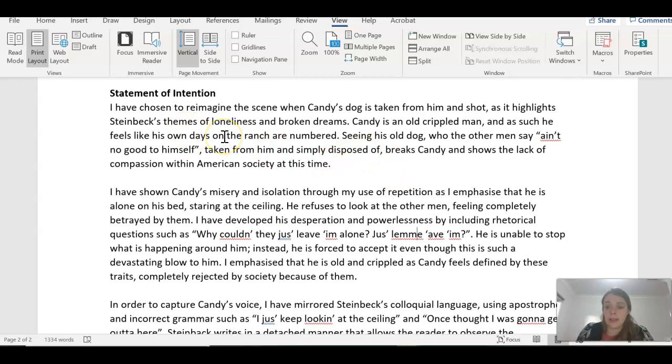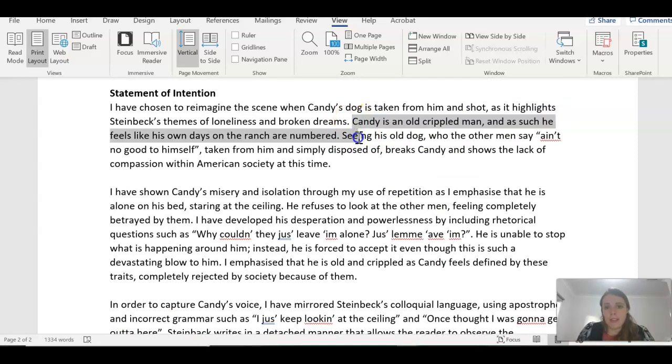Okay, so in this opening paragraph, what I've done is I've told you very clearly the scene that I have written. So I'm telling the reader what I'm writing, the actual events, and the themes that this story is supposed to be tapping into. So the person who would be grading me knows exactly what I'm trying to do.